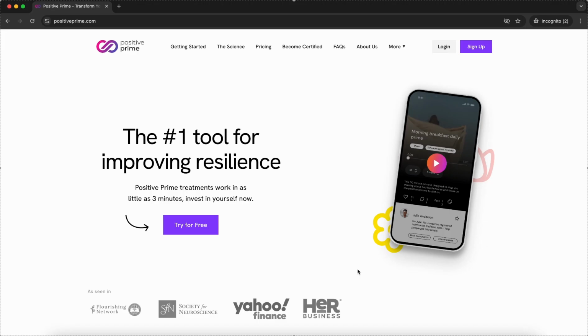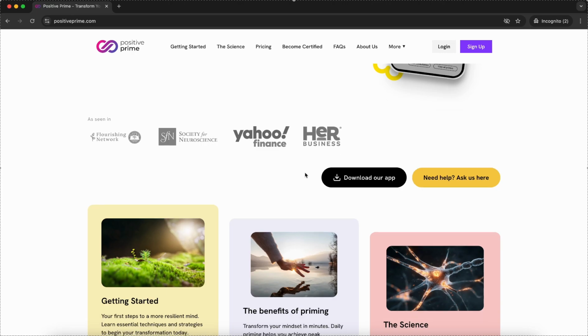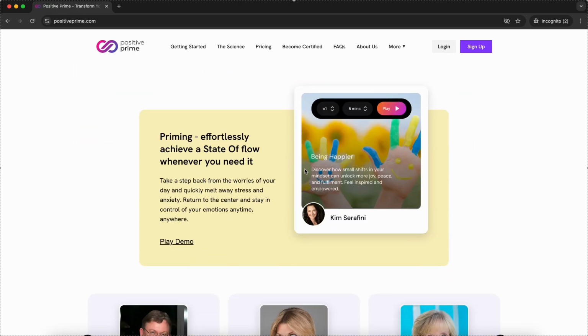To walk you through the process, someone will go through to sign up for an account on Positive Prime. So the first thing they want to do is go to positiveprime.com, and you'll see that they're able to view our